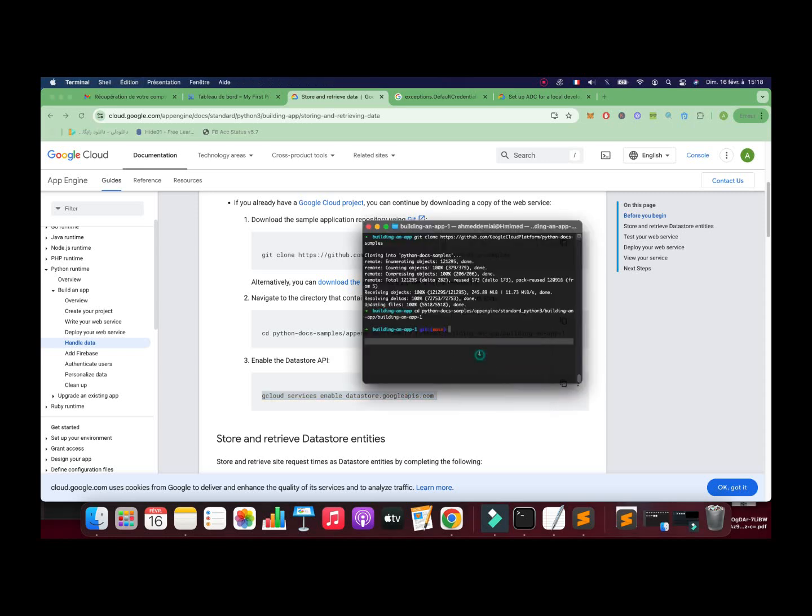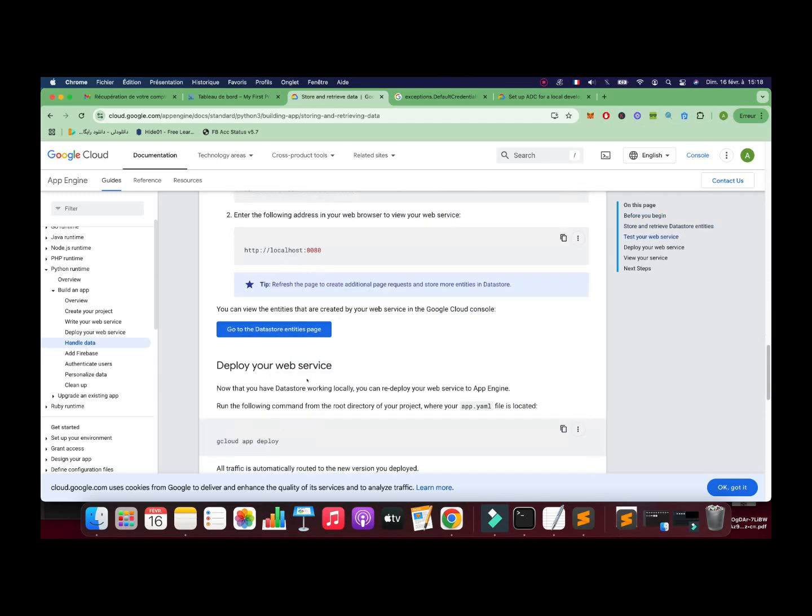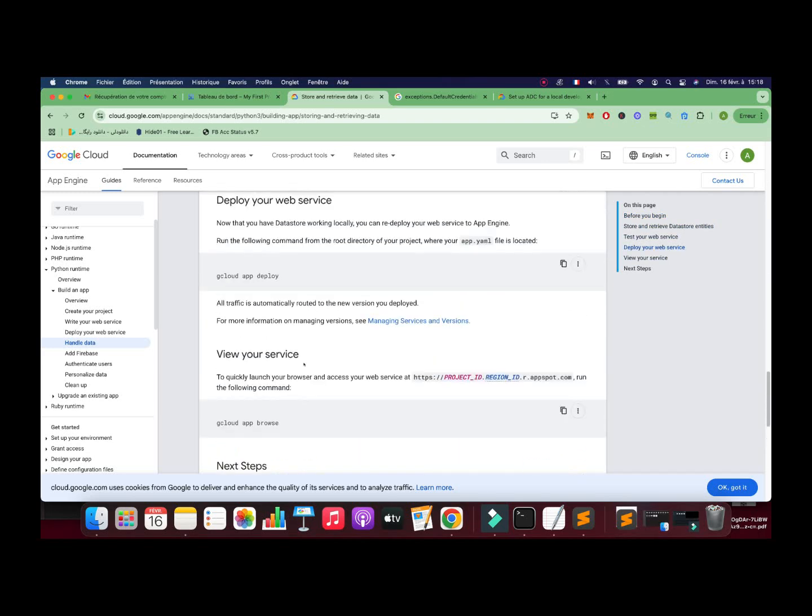We're waiting for the download to finish before we go inside the directory. Okay, passed. We're inside. Now we are using our Git. And now we can activate the datastore